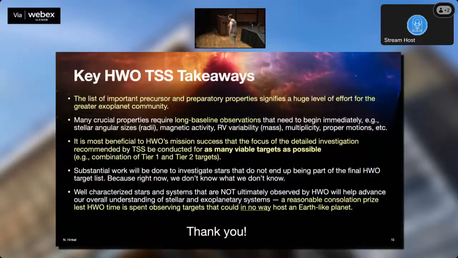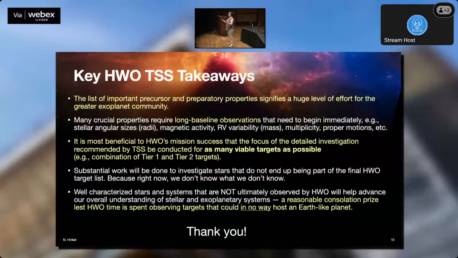So look, I know that this is a lot of information, and I threw out a lot of different properties that you all asked for. You said that these were the vital key properties that we need to measure, the key stars that we need to go after in order to have your science done. But the entire group recognizes that this represents a huge effort on the part of the entire exoplanet community to get all of these observations. And especially for long baseline observations, there are a lot of them there.